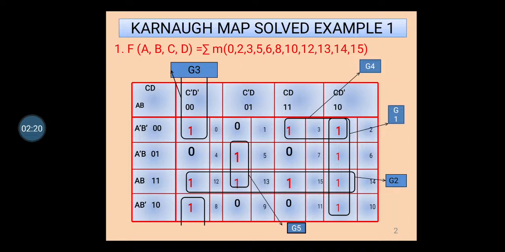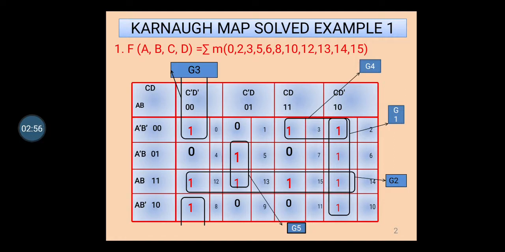Once this group 1 of 4 ones is done, then you don't have to look at the ones which have already been grouped. Then go for the next grouping of ones which are supposed to be grouped, and in that there are 3 ones, and one is not available in group 2, so I have used it from group 1. This is called the overlapping rule. Then the folding rule for G3 you can check, and then G4 also is there, overlapping rule, and G5 overlapping rule. So these are all the different types of groups formed.